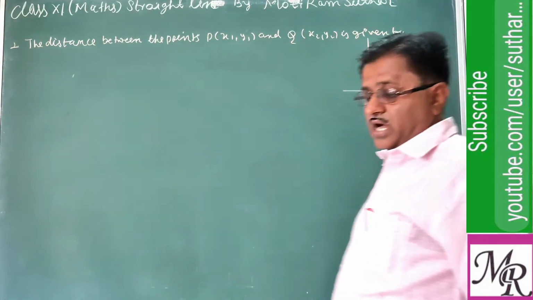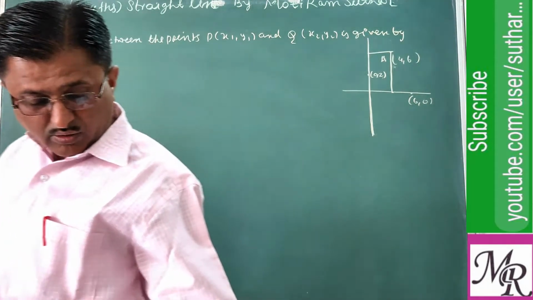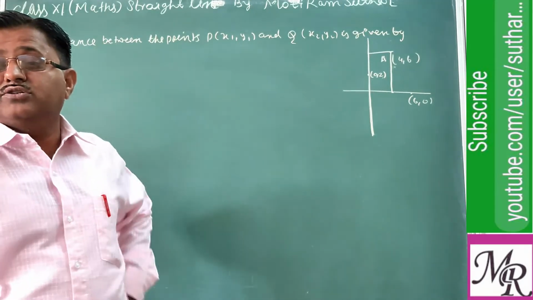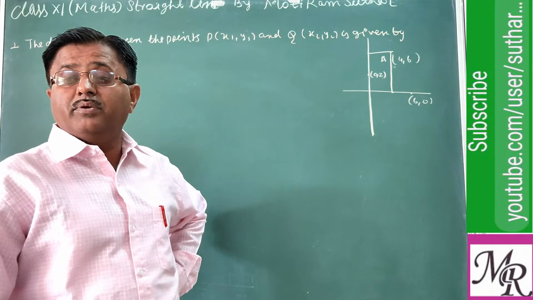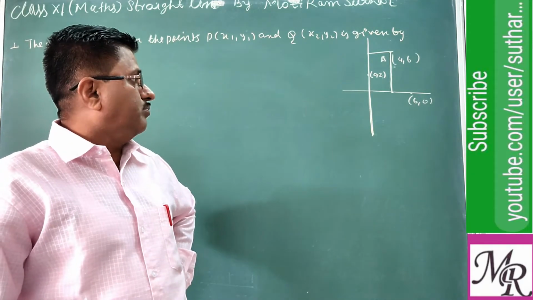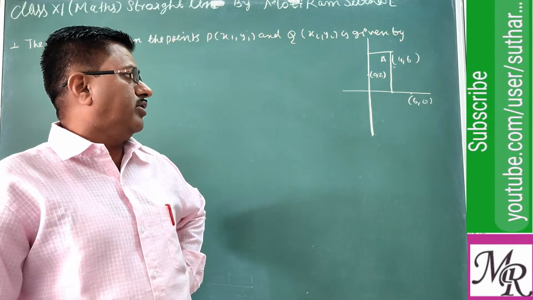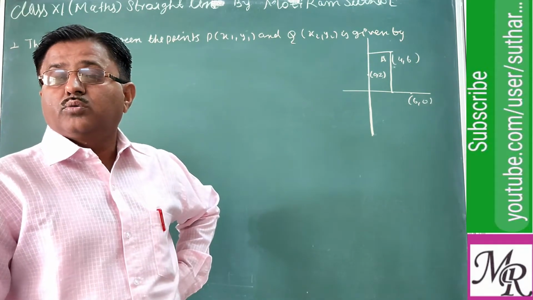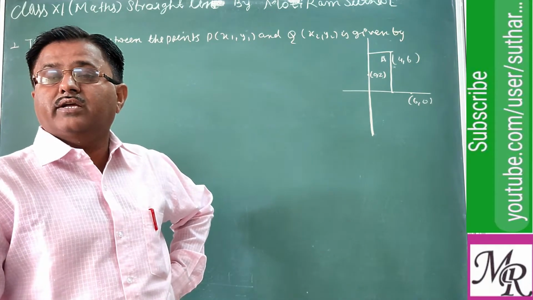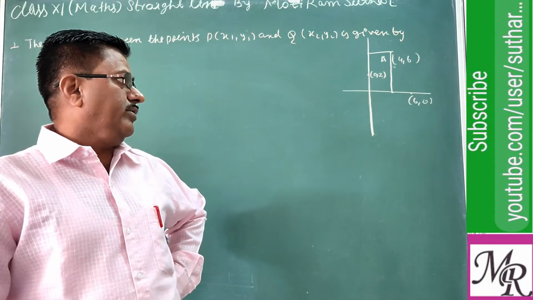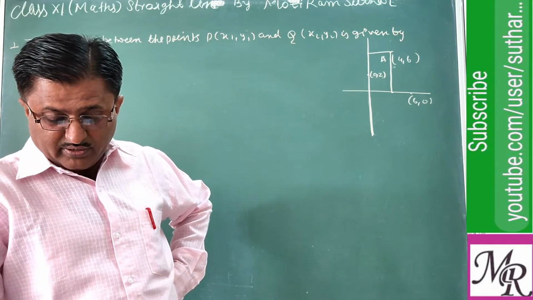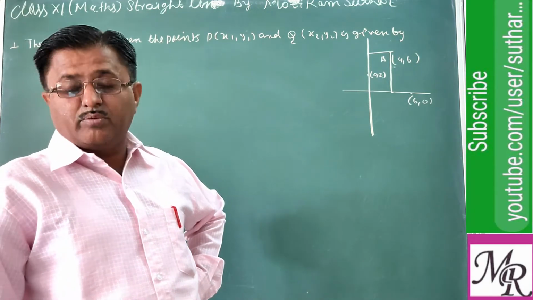As in previous class, we have also learned about the two-dimensional geometry. The two-dimensional geometry means when we study the position of any point or any object with respect to two dimensions, like in that case, x-axis and y-axis. So in 9th and 10th class you are already familiar with the coordinate geometry.